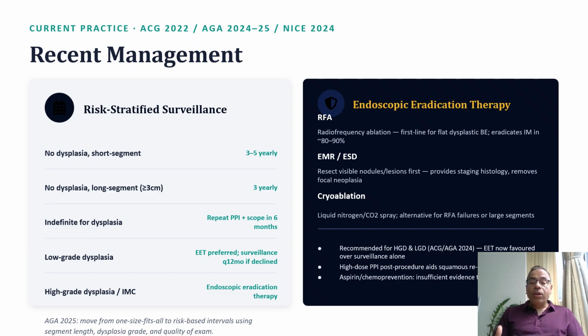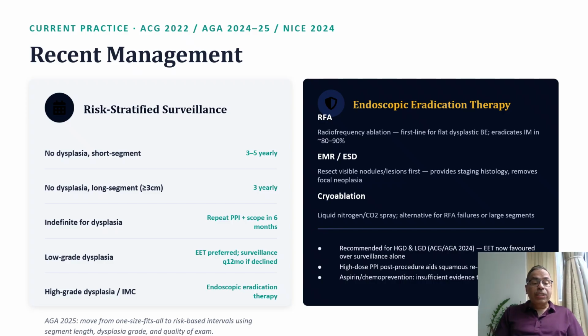So endoscopic eradication therapy would be applied to a patient who has got some dysplastic features, whether a low grade dysplasia or a high grade dysplasia. In other patients who have no dysplastic features, then only surveillance would be required depending on the segment. Whereas